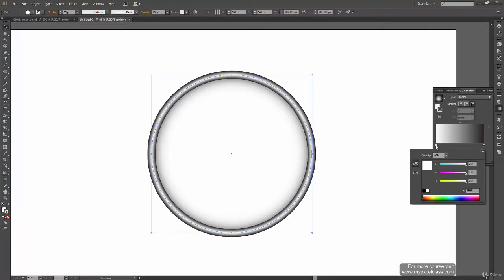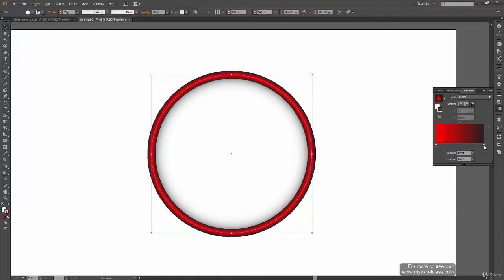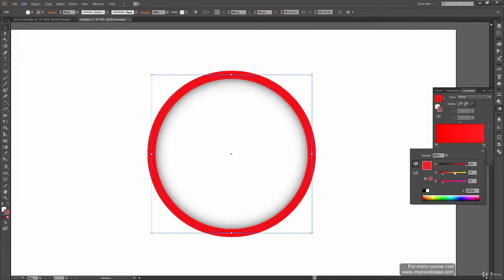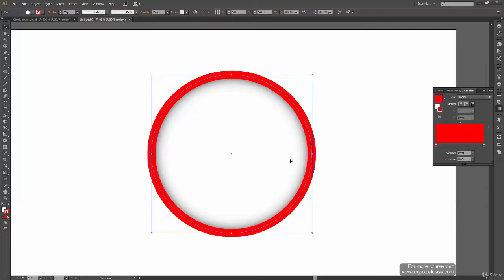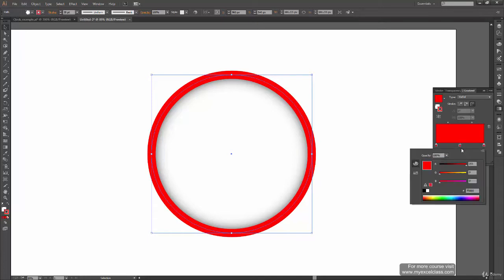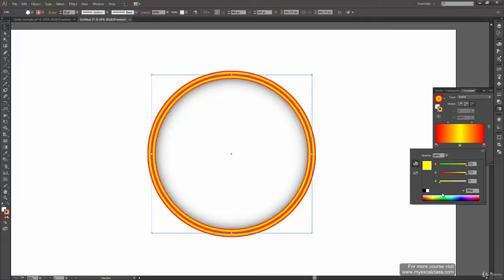Okay, so when I double click on the bucket, I get this color panel, and RGB is the default mode, so that will work fine for me. So just decrease the yellow value and the red. Okay, and this one also, just make it red for now. Double click on the bucket and make this value red. Okay, now we have a red border. So in between I want a yellow one, so just click over here in between, somewhere around 50, I think. You can even type the value to make it 50. Okay, now again double click on this bucket and make a yellow fill over here.